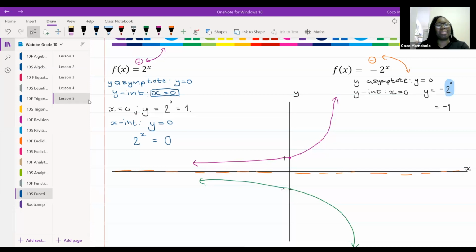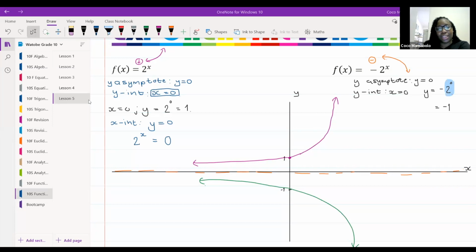Now let's move things up and down. Yes, Tiana. Ma'am, I have a question. Do we always look for the y-intercept only for an exponential function? No. In this one, because there's no asymptote other than y is equal to 0, no. But you'll see just now, I'm going to move my graph up, and then we're going to cut the x-axis in more than one place. Okay.